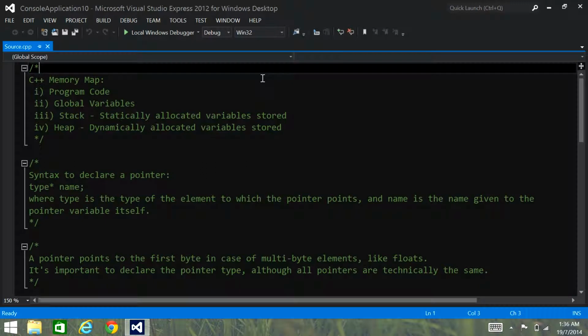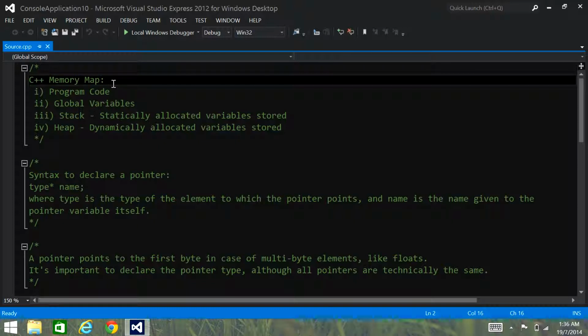Hi guys, in this video I'm going to talk to you about a C++ memory map and the syntax to declare a pointer and some other basic operations on pointers. So what I first want to tell you is that after compiling your program, C++ creates four logically distinct